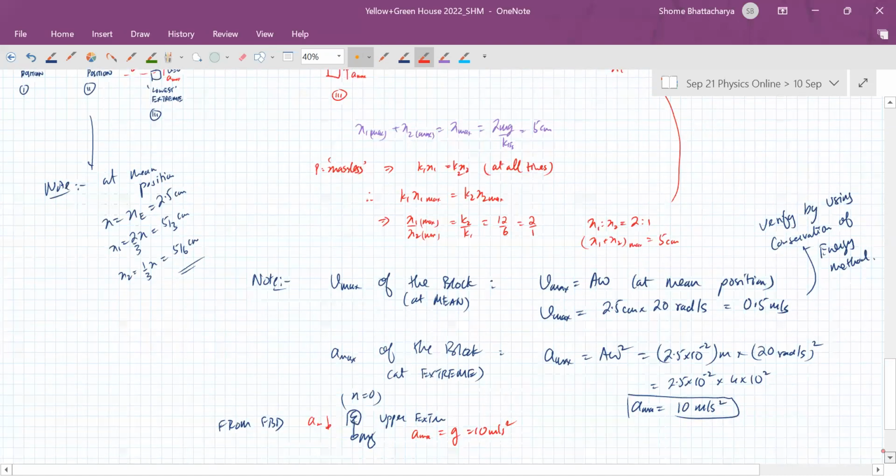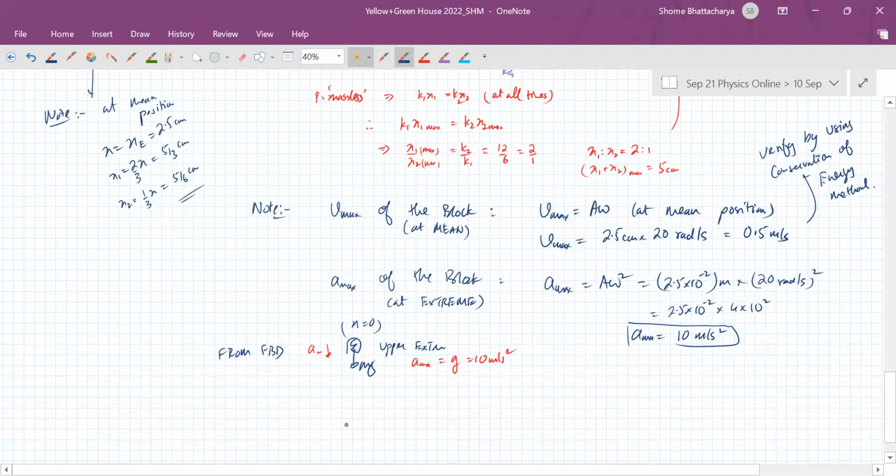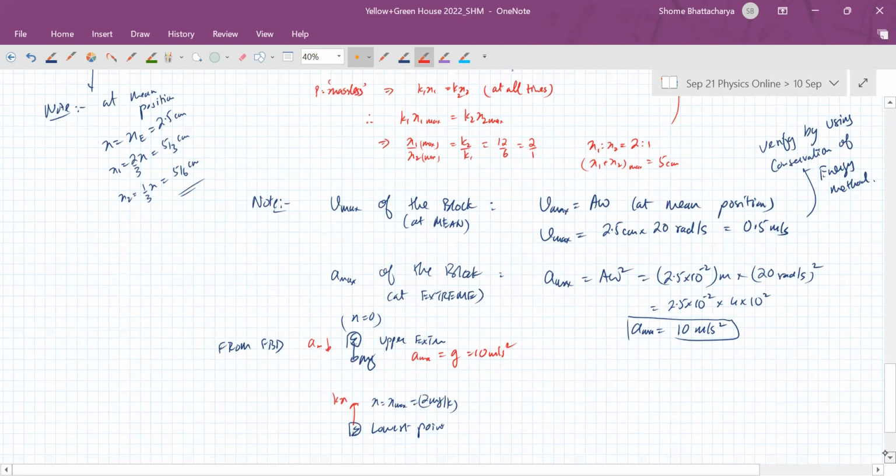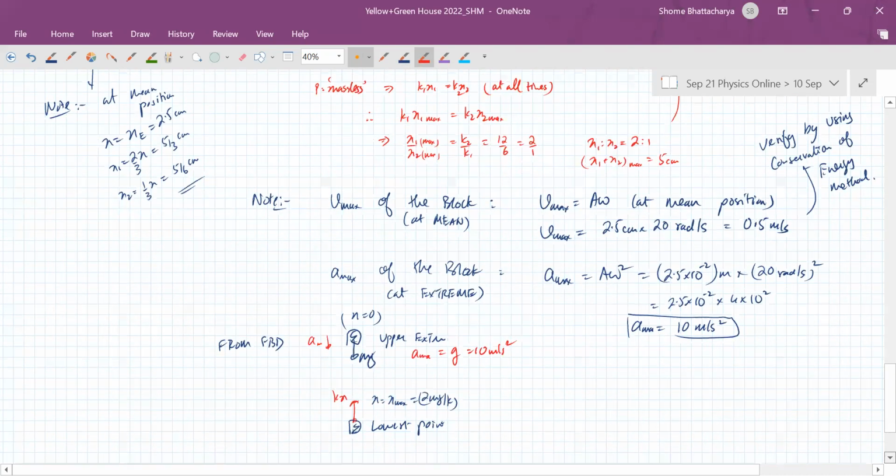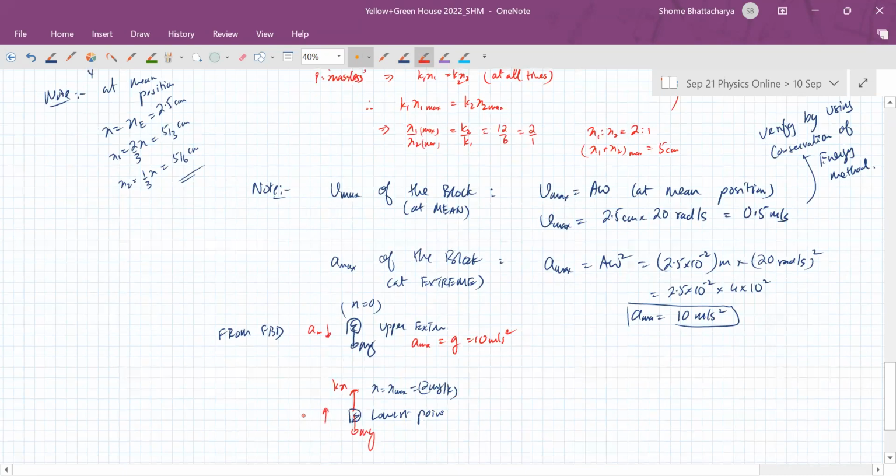Whereas if you talk about the lower extreme, the lowest point, x was the maximum extension, which was 2 mg by k. So the spring force will become twice the weight. So you can see that this maximum acceleration